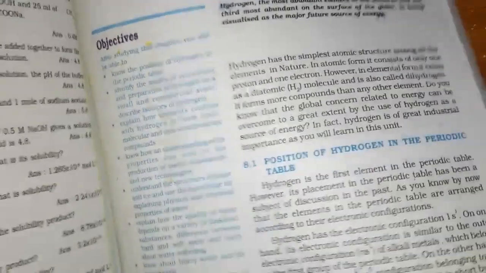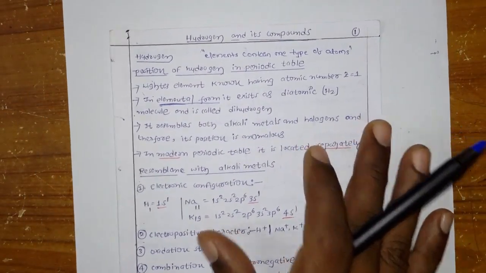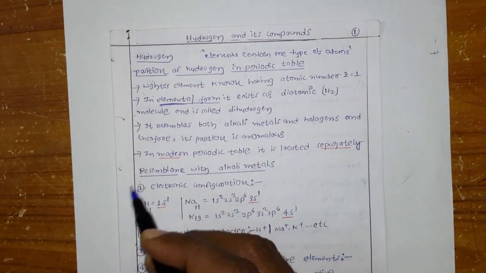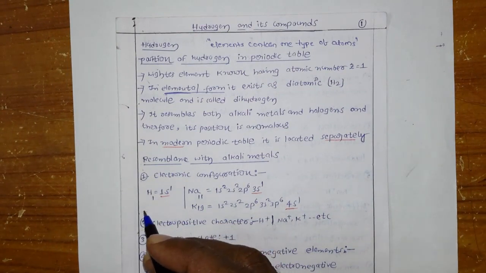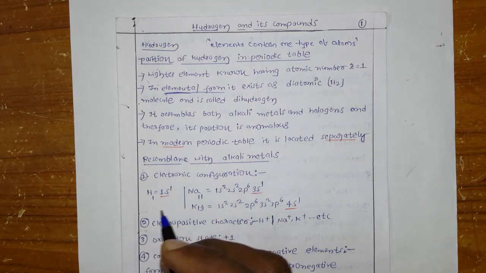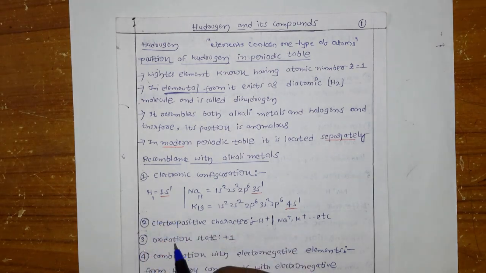So let's see in our notes what that position is. You know that generally when you talk about position we expect something new, right? Where is that position, sir? Generally we see hydrogen in the periodic table in the first group of elements. But it is not always true. Generally in the modern periodic table they locate it somewhere else.